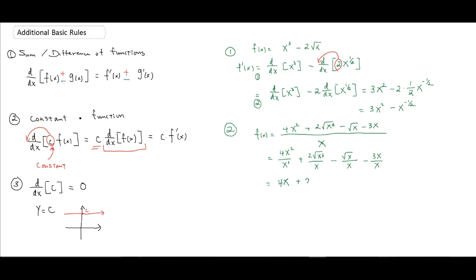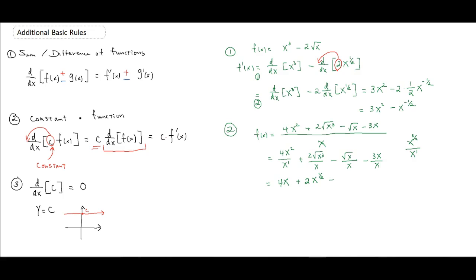So it's going to be 2 times x to the, so what would be the new exponent on this? In the numerator you have x to the 3/2, then divide that by x to the first, so 3/2 minus 1, that is going to give us 1/2